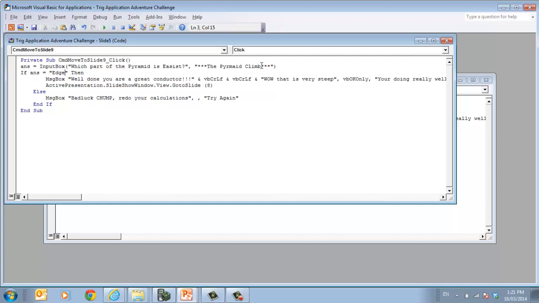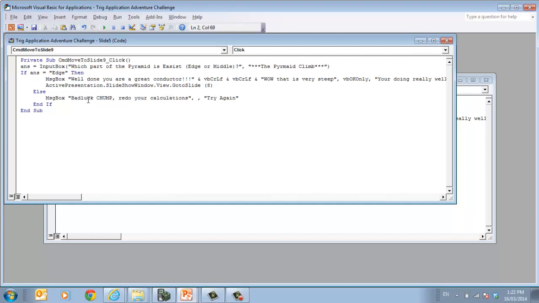So I need to probably in here just change that. And then I'll need to put in how I want them to write the answer in. So it'll either be edge or middle. Okay, now it's case sensitive, so the kids when they do this will need to type in exactly